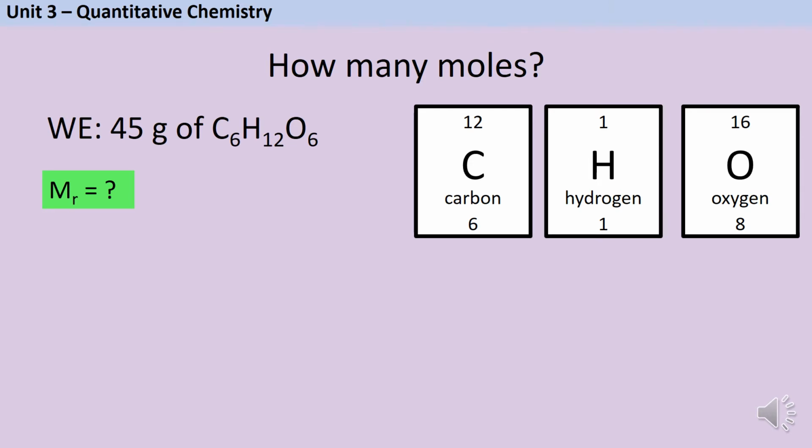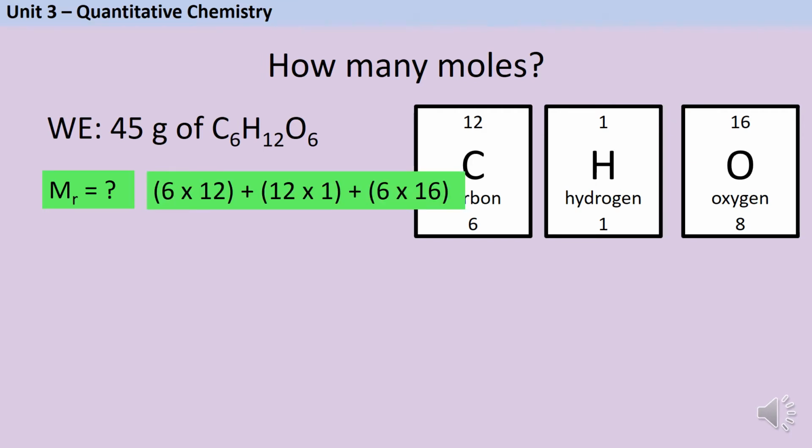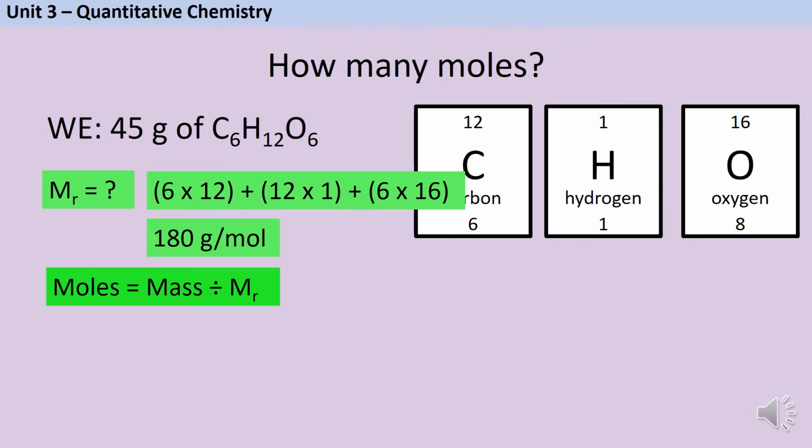in that compound. So there are 6 atoms of carbon, each with a mass of 12. There are 12 atoms of hydrogen, each with a mass of 1, and there are 6 atoms of oxygen, each with a mass of 16. So I multiply each of those together and add those up, and I get a relative formula mass of 180 grams per mole. My next step is to use the mass is Mr times